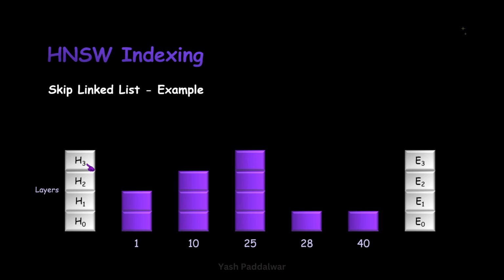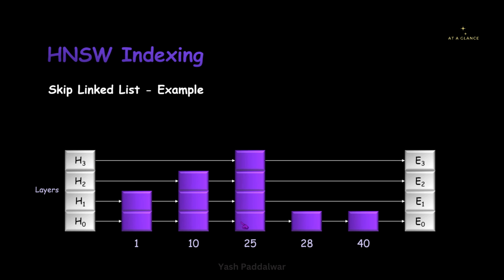Which document has to be considered at what layers is decided randomly, or it can also be decided by parameters. So I hope you have got an idea of what exactly these bars are representing and how it is represented in layers. Now, when we talk about head, every single search operation starts from head. Here we have connections between the horizontal layers. You can see these are the connections.